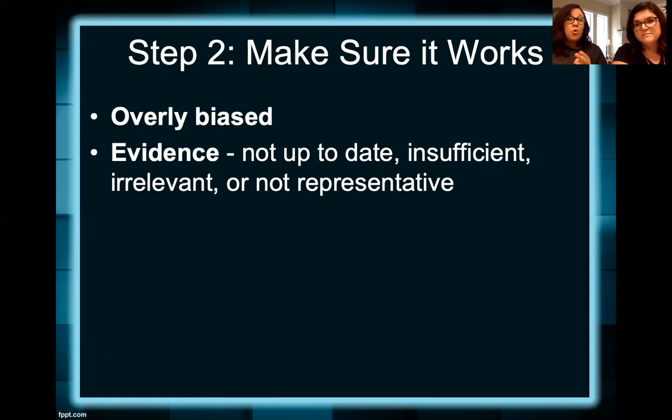You're looking for ones with poor evidence, right? Or lack of evidence. Yeah. Or if it's insufficient, irrelevant evidence, or not representative, right? So if they're talking about young people and they bring in statistics about all Americans, well then, what are the ages, right? Are they leaving that part out? You can also check if it's not up to date. If you're talking about COVID and you have information from even 6 months ago, that is not up to date information, because things just change and keep changing.